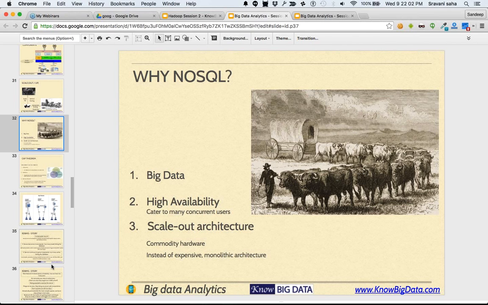First, to store big data. Second, make it highly available. Meaning, if you think about a scale of Facebook or Amazon, there are thousands of users accessing the website per millisecond, right? Now, to make your website so highly scalable, your database has to be that kind of available, okay? Because the whole load of various servers actually ends up on the database.